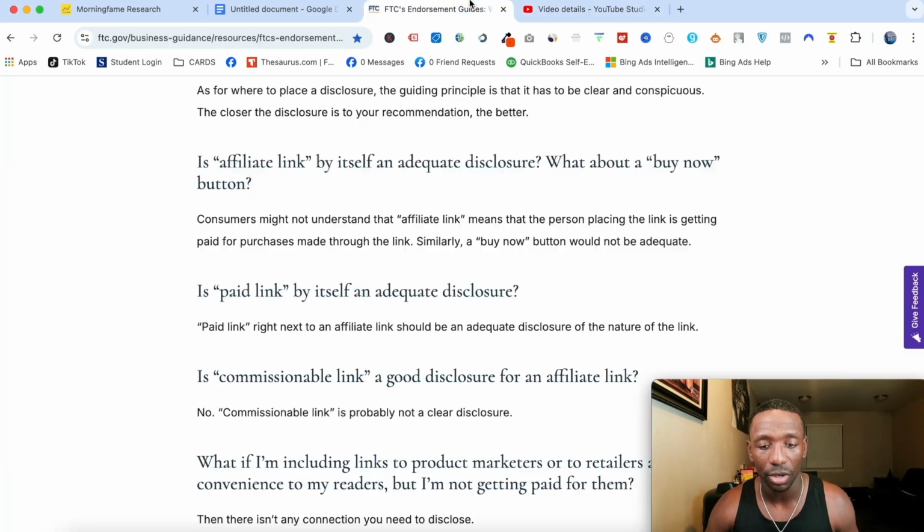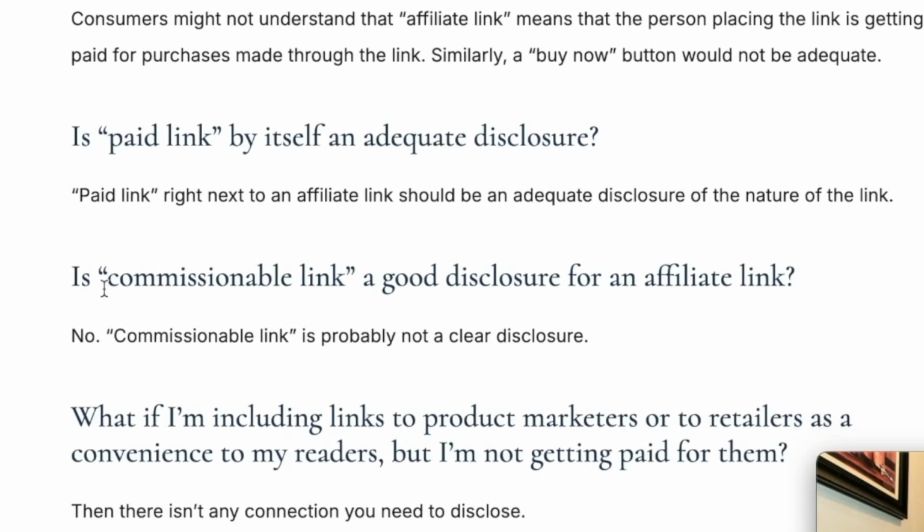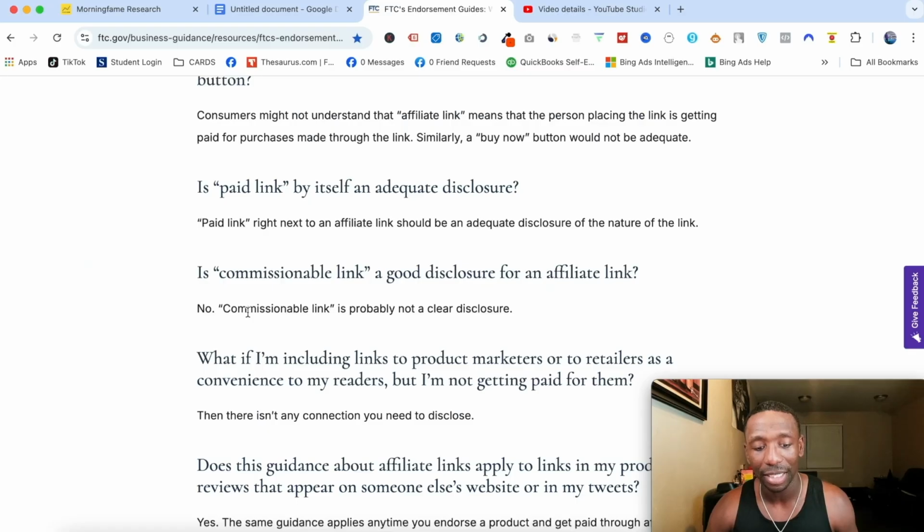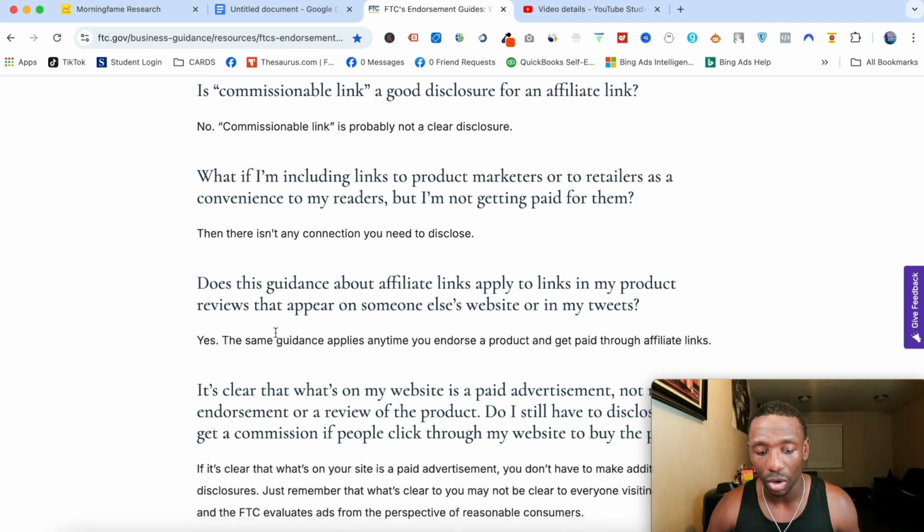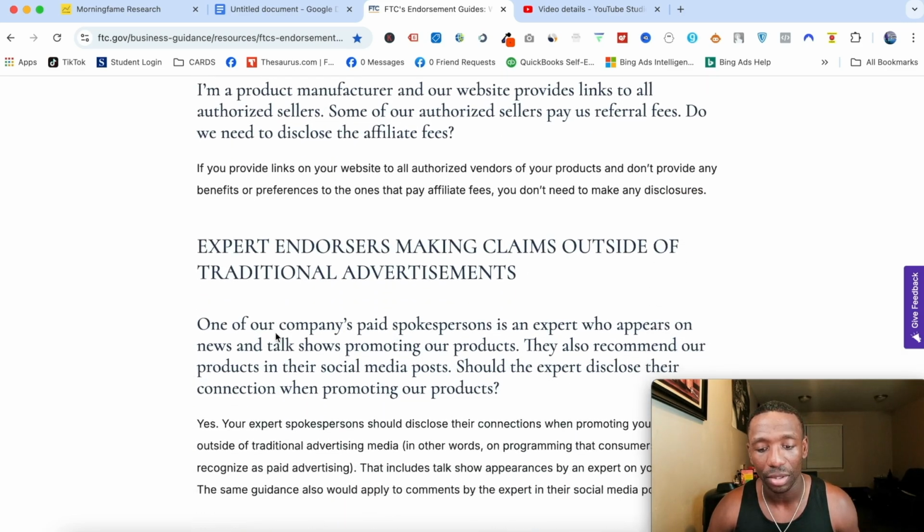All right, so let's go back to this article. If you go down here, it says, now, if you put "commissionable link" as a disclosure for an affiliate link, they say no. Once again, because "commissionable," not everybody understands that word, right? So you see what they mean about being clear. And then there's a whole bunch of other questions that they answer, but I want you to see